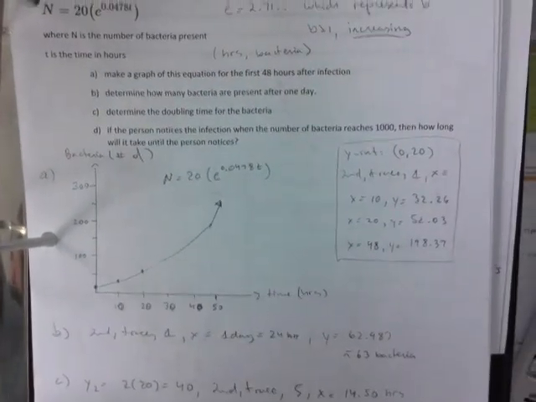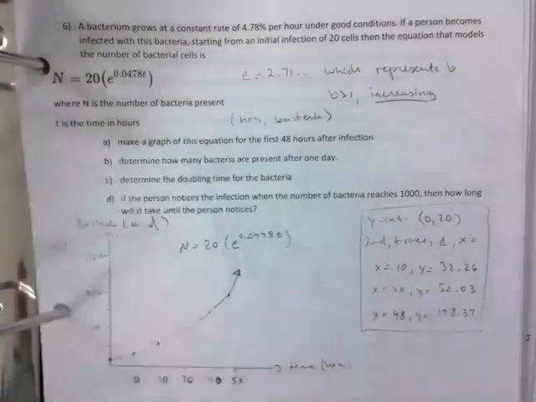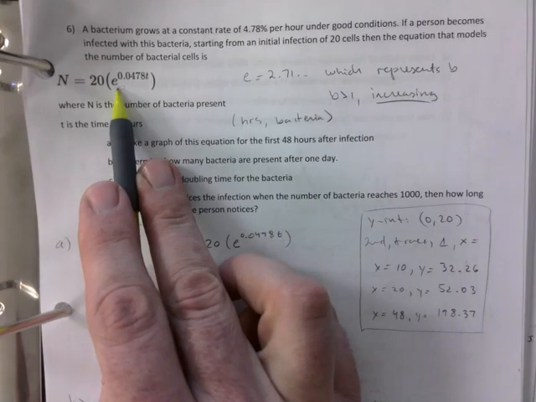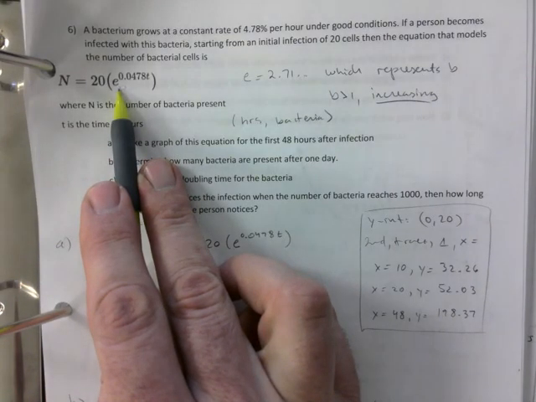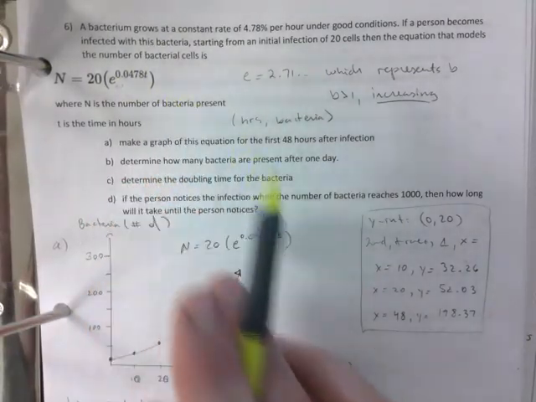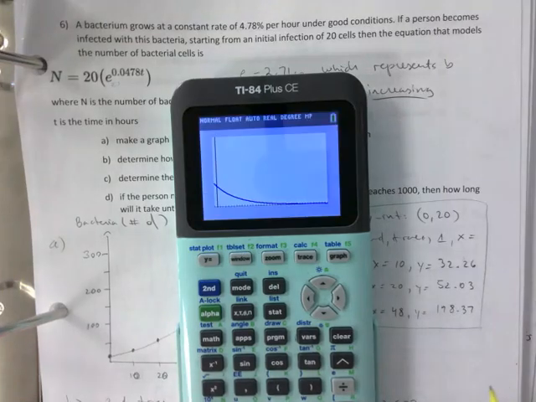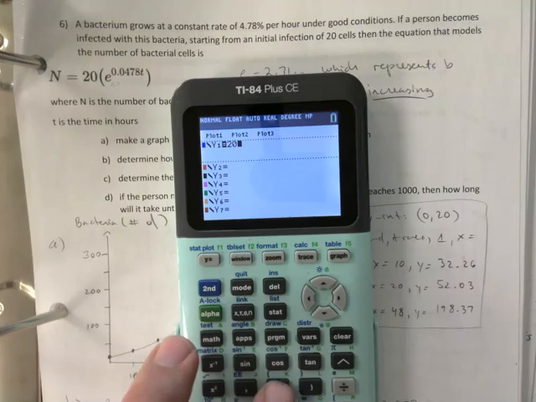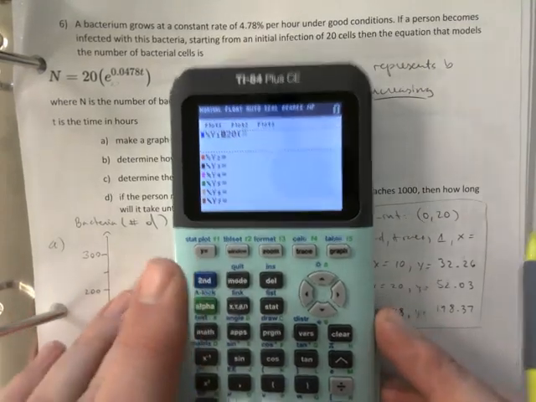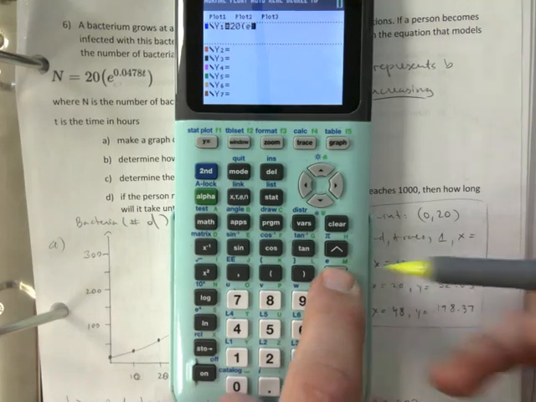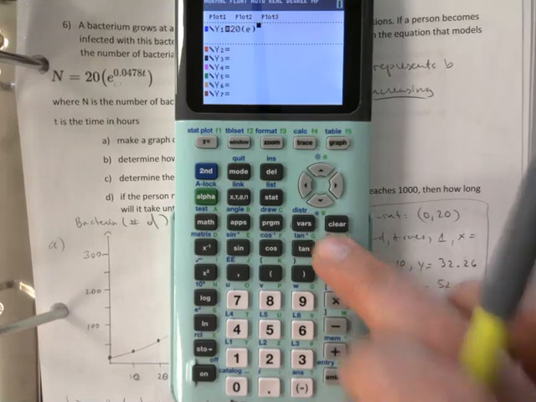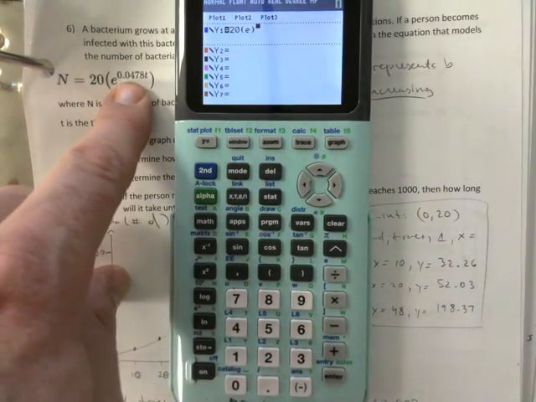what is weird about that one is the E, and that's why I talked about it. If it ever shows up, that is really 2.7 something. And so the way you would enter that one is 20, and then I would just go second divide, which calls E up, like that. And then you can raise that to the exponent of that,